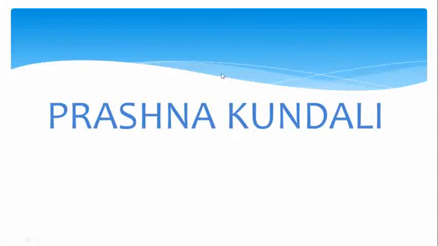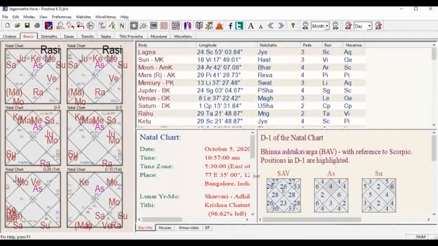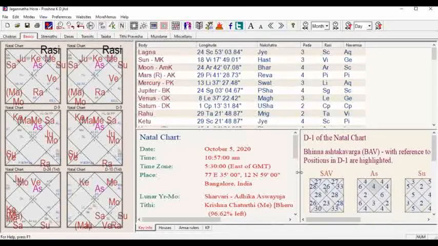So why not, let me show you the timing and date also. This is a recent chart. In this Prashna chart I have given him his pending karma and also given him the remedy. So three things: basic knowledge will give you the confidence to predict in the Prashna, and if you are analyzing your Prashna correctly, definitely you can predict his pending karma also, and you can also give him his remedy.